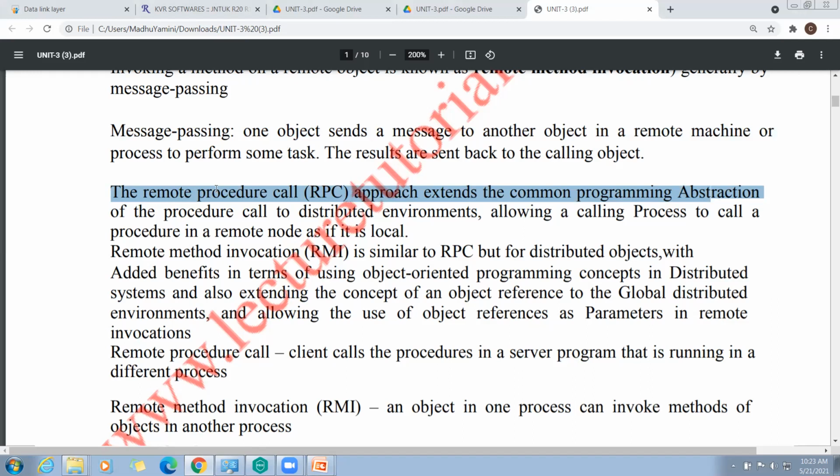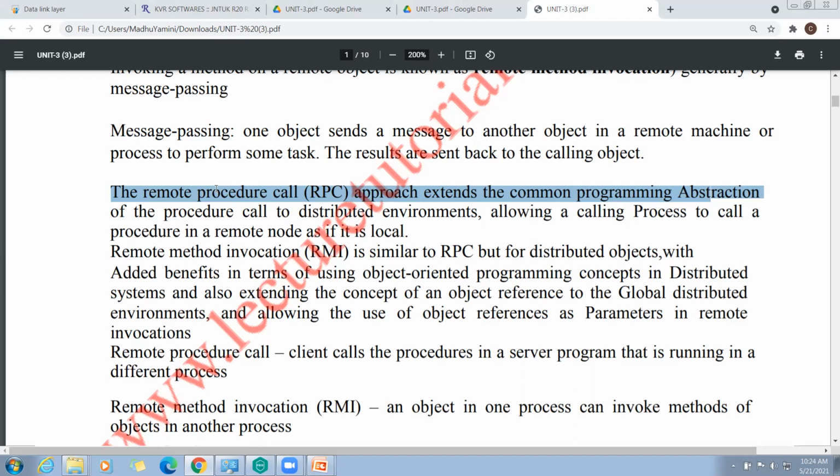One more definition I will tell you for remote procedure call with respect to distributed computing. In distributed computing, remote procedure call is when a computer program, just listen carefully students, causes a procedure to execute in a different address space, that is not in the same address space. See the difference.